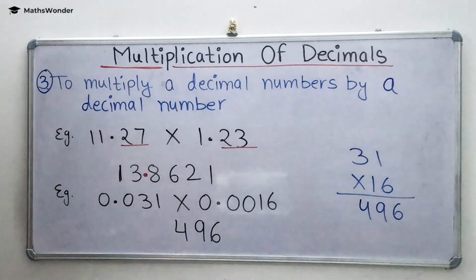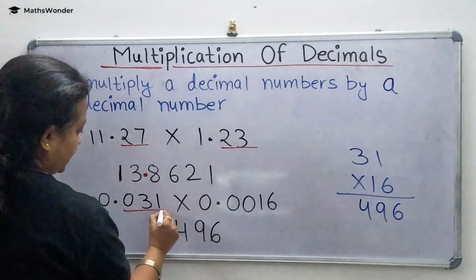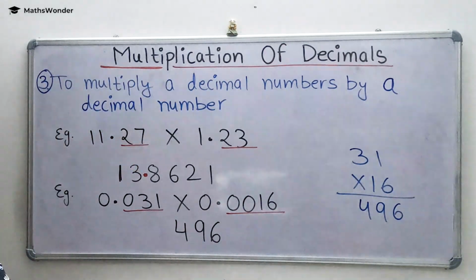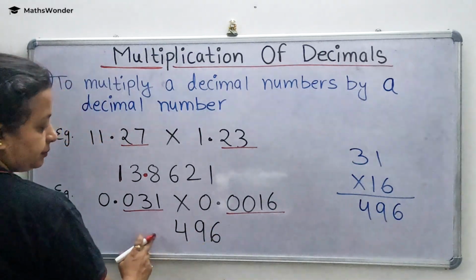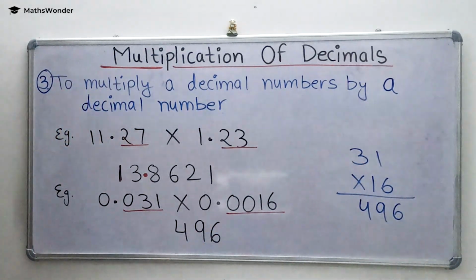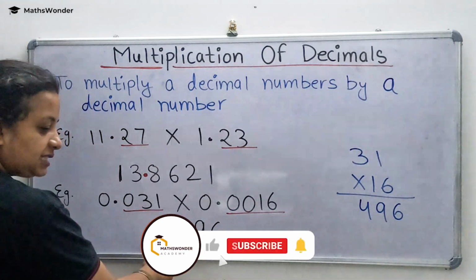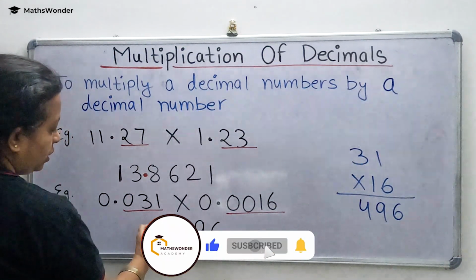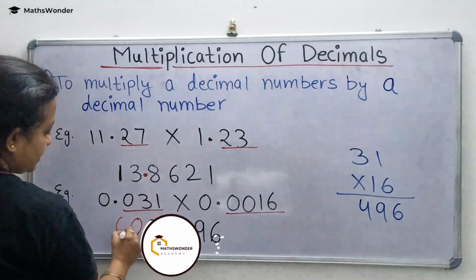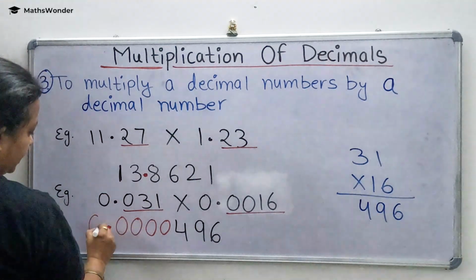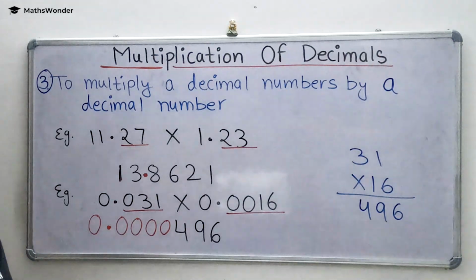Now write down 496. Now according to your rule, you will count the number of decimal places. Here is 3, here is 4. Total 7 decimal places. How many decimal places? 7. Now start at the right of the product, and after 7 digits you put the point. So there are 1, 2, 3, only 3 digits here. So you add zeros for 4, 5, 6, 7 and then put the point. And then you add one more 0 before the decimal, and that's it. Your answer is here,